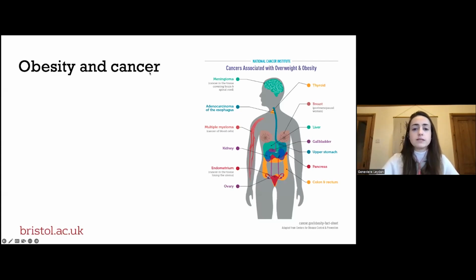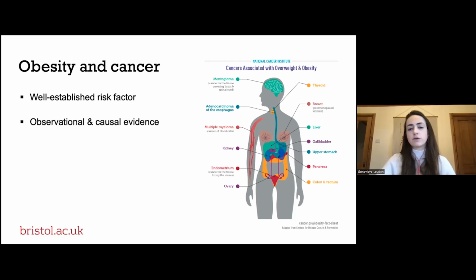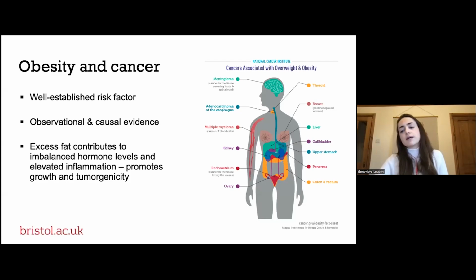Following these results, we hypothesize that the tissue partitioned BMI exposures may provide insight on the relationship between obesity and site-specific cancer. Obesity is a well-established risk factor for several cancer types, and this is further supported by a growing body of MR studies. However, the relationship between BMI and cancer is complex and site-specific. Excess fat can contribute to imbalanced hormone levels and elevated inflammation, and this increases the likelihood of developing cancers such as pancreatic, kidney cancer, colorectal, and endometrial cancer.